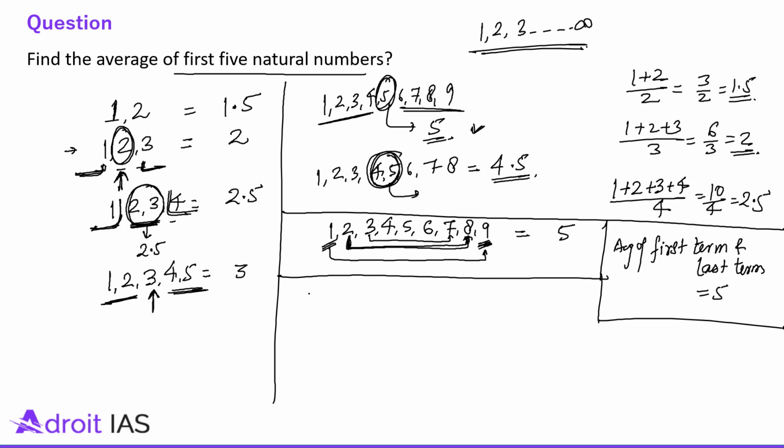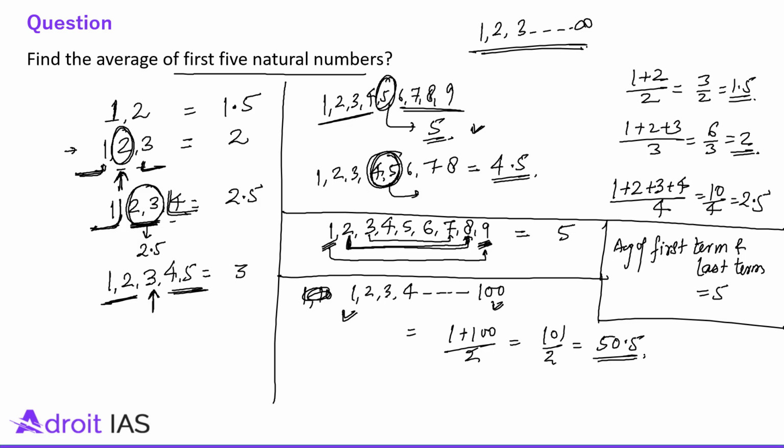If you need to find the average of the first 100 natural numbers, 1, 2, 3, 4, 5 up to 100, then just find the average of the first and last term. So 1 plus 100 divided by 2, this is 101 divided by 2, which is 50.5. So this is the simple process, but this process is applicable